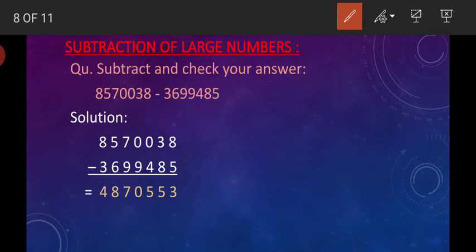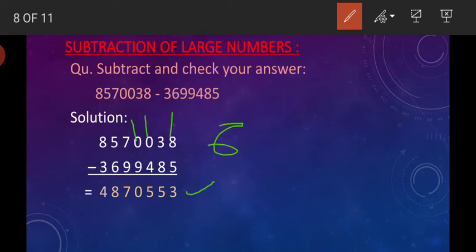So as I have already told in our previous slide, how to subtract, we have to start from right side. So 8 minus 5 is 3. Next, 3 minus 8, we can't subtract smaller number from bigger number. So what to do? We have to borrow from its previous digit. Again it is 0, which is smaller. Again move to its previous digit. It is also 0. And borrow from its previous digit, that is 7.